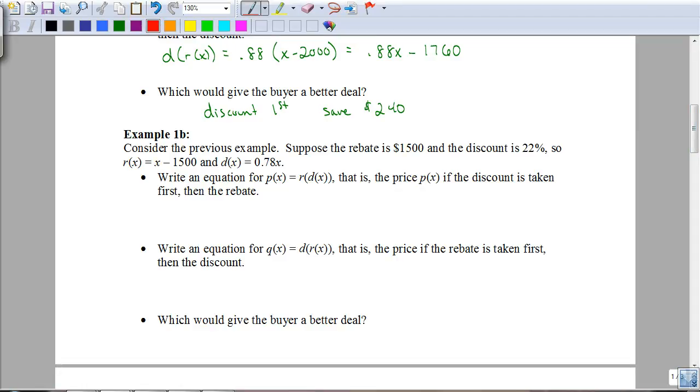Okay, so you should have done the work, so let's see what you should have gotten. With this first equation, originally it says, suppose the rebate is $1,500 and the discount is 22%. Again, they gave us the two functions, but if they hadn't given it to us, remember the 22% discount represents what you're saving, so what you're spending is 78%, or 0.78. And remember, we never use percents when we write them as an equation. We always change them to a decimal by dividing by 100 and moving the decimal over 2 places to the left. So for this particular problem, you should have gotten as your answer